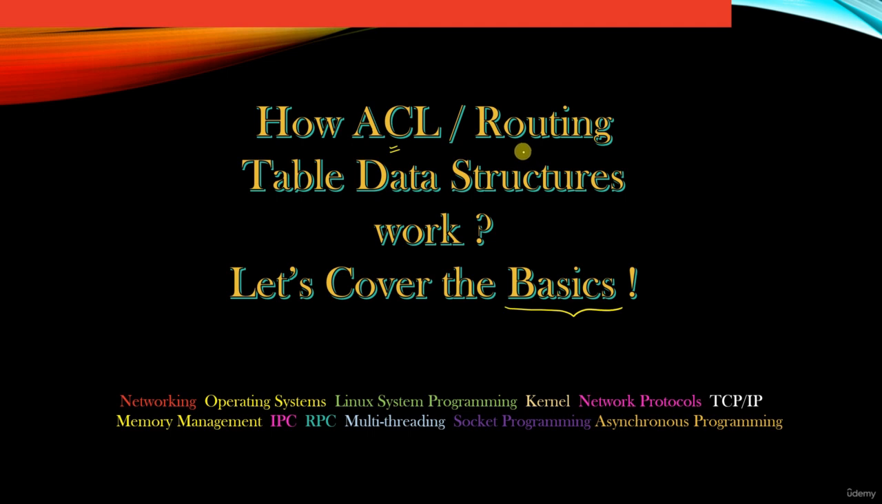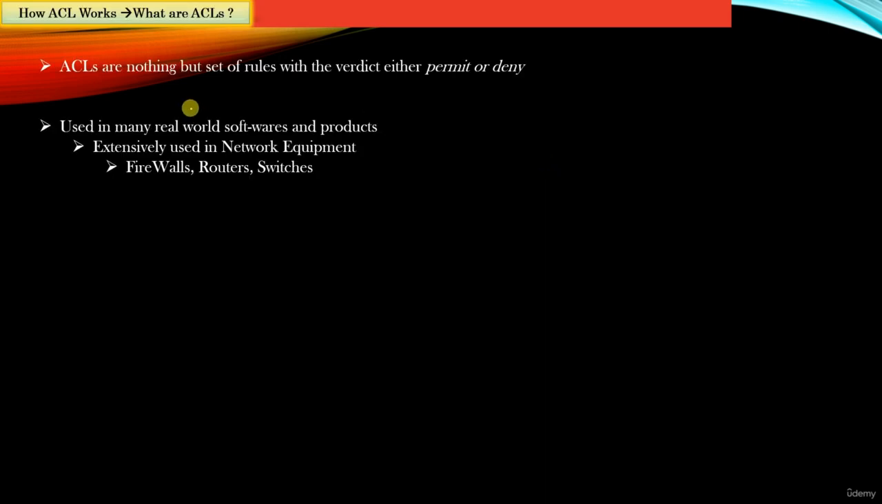In this section, I will only cover the basics, explaining at the most basic level how access control lists and routing tables work. So if you already belong to the networking industry and have sufficient knowledge, then you can safely skip this entire section. So access control lists, which we often call ACLs, are nothing but a set of rules with the verdict